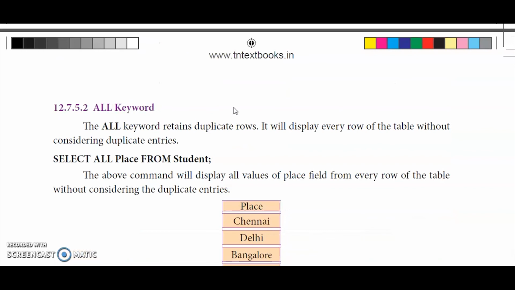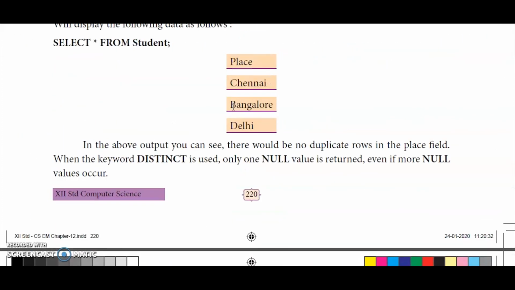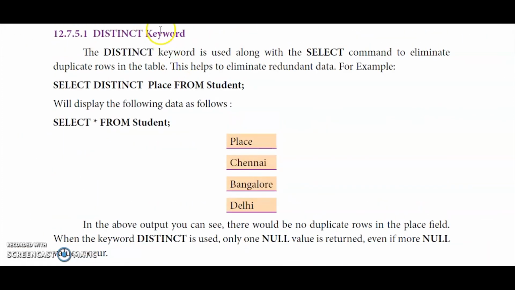So today we have seen about the, what all we have seen? We have seen the column constraint and table constraint, and we have also seen how we can use our select command with distinct, all, between, not between, in, not in, and we have seen how the where class is used with the select class. So you know very well how the where class is used with the update command. Similarly, we are using the where class with select command also. It also plays a major role. So I think you are very clear about this. Go through it once, then only it will get very clear for you.